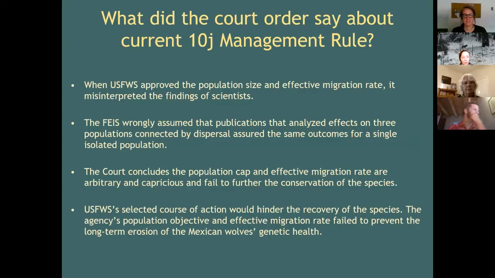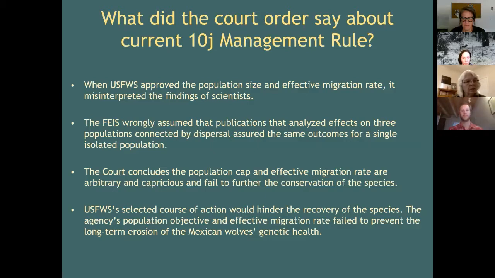The Final EIS, which is that final 2015 10-J rule, actually wrongly assumed that the publications they analyzed effects on 3 populations connected by dispersal, and instead they took those findings and just kind of plugged them into one single isolated population, which is the current